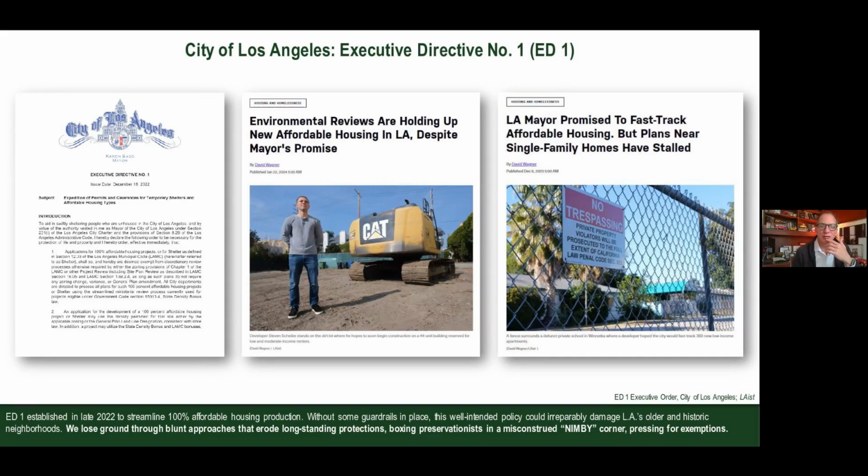The problem with some of these, again, very blunt, in this particular example, and I won't get into the details, but essentially it overrides, or potentially would override, design review mechanisms and protections within local historic districts. And it's a very black and white type of policy, or at least it is so far as we're trying to work through this approach. And what it does is it forces the preservation community into a corner where we're asking for exemptions. You can do this, but not in local historic districts, which is not ideal from an optic standpoint, and immediately you're misconstrued as being part of the NIMBY, or not in my backyard, community.